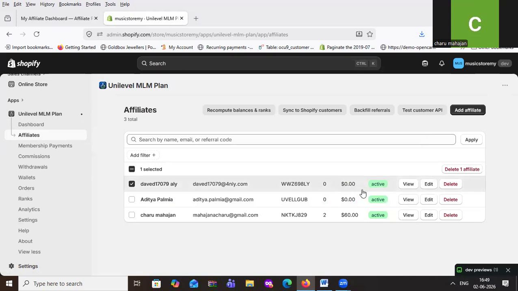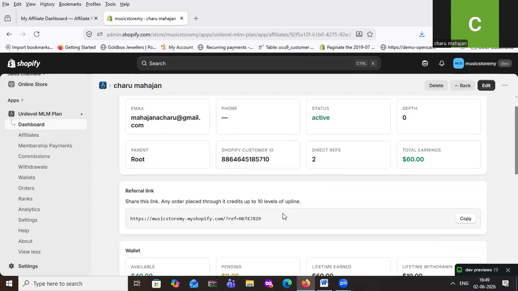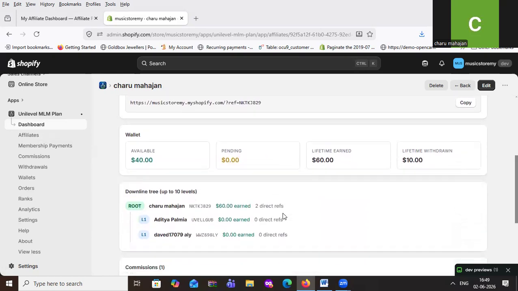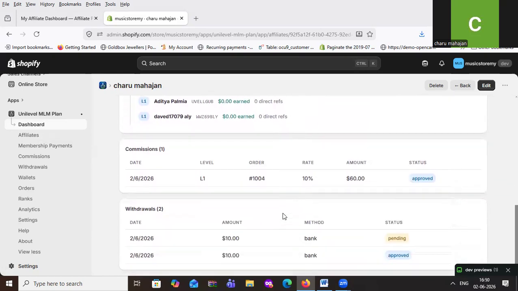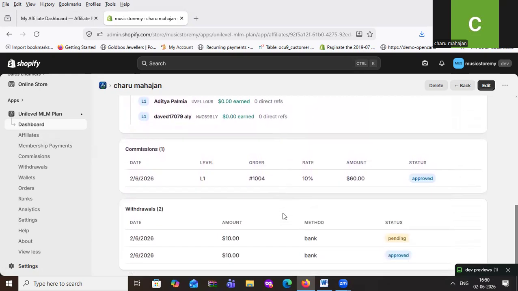Here you can see the total earnings of the affiliate. When you click on view, you can explore the whole detail about that affiliate, like downline tree, commission, and withdrawals.